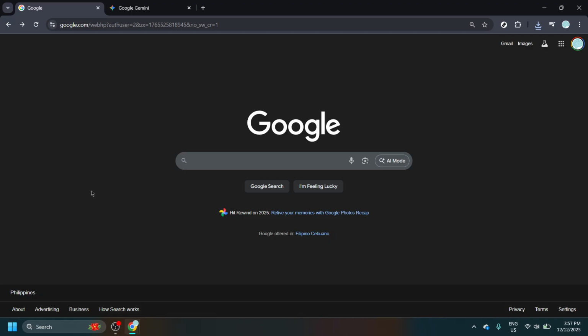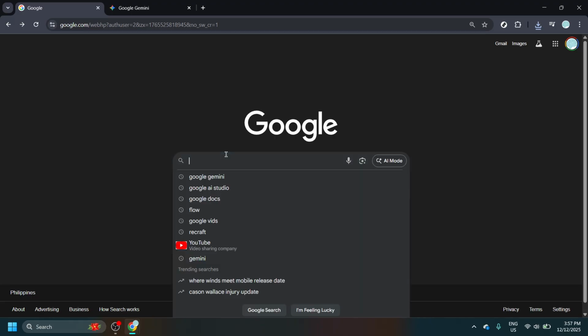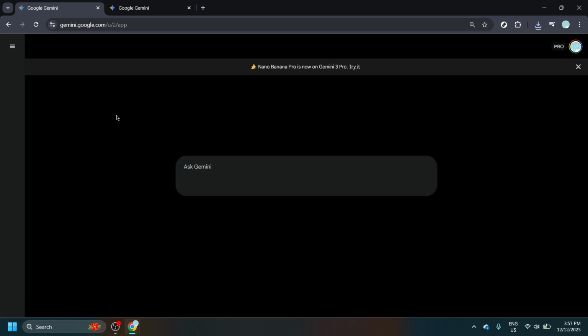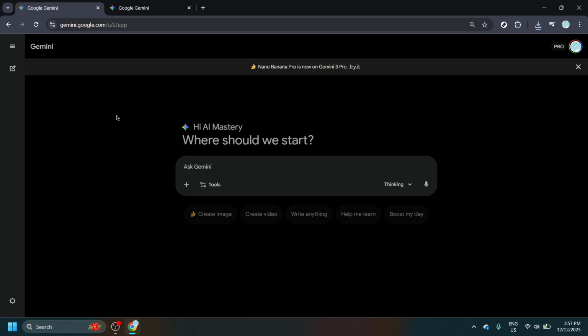First, open your browser and head to Google. This keeps things simple and helps you land on the official site quickly. In the search bar, type Google Gemini. Look for the official Gemini link from Google and click it. If you're prompted to sign in, use your usual account. If you already know the direct Gemini address, you can go there right away, but searching ensures you're on the